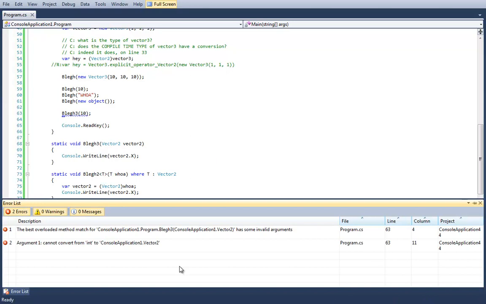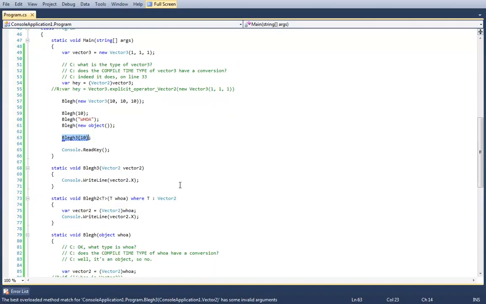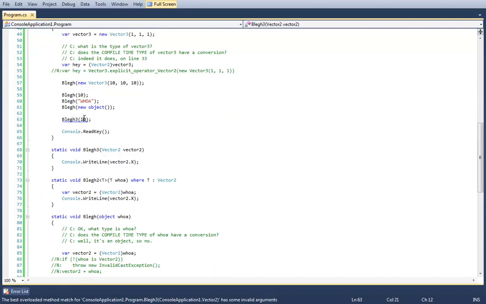That would be an error. That's the compiler telling me, well, you said that you wanted a vector2, you're passing it into int, there's no conversion from an int to a vector2, so, well, do not pass go. Yes, you'd get an error if you just passed go in.